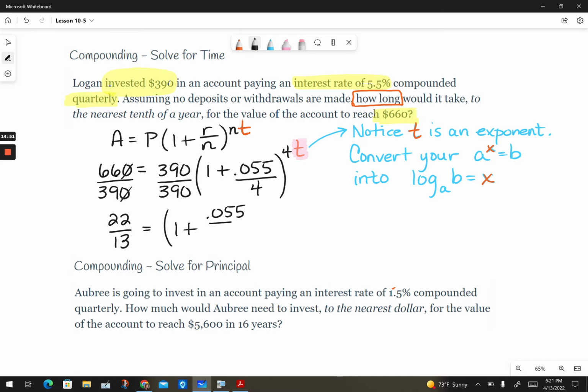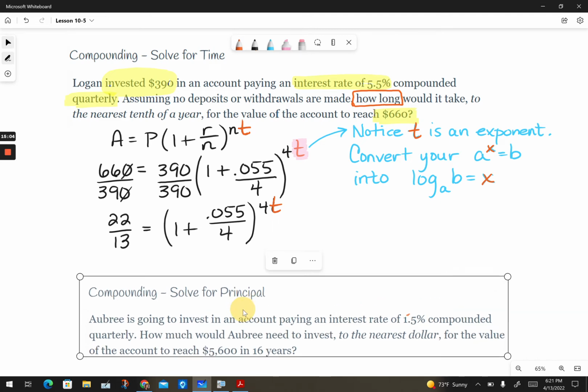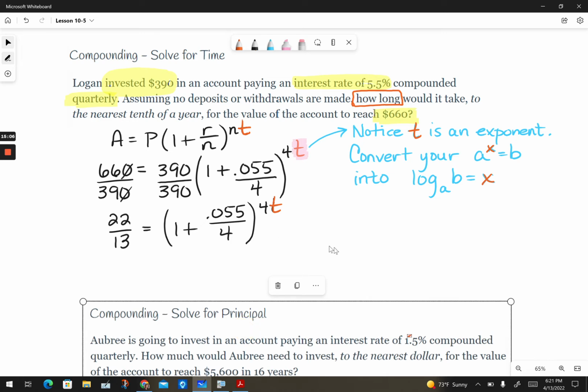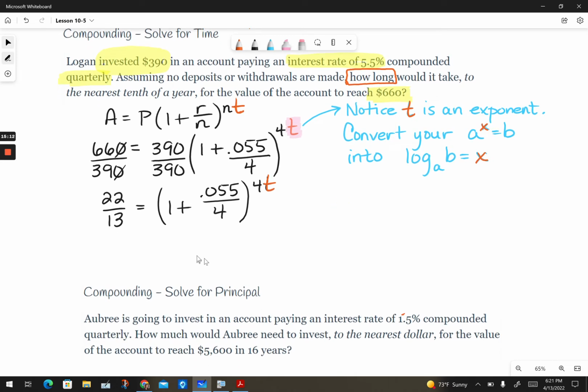Now, I want you to notice that our equation is now written in exponential form. So what we want to do is now rewrite it. Let us rewrite into log form. So I'm going to write log base a. Well, my a is that really long thing, this here. Remember, that's my a: 1 plus